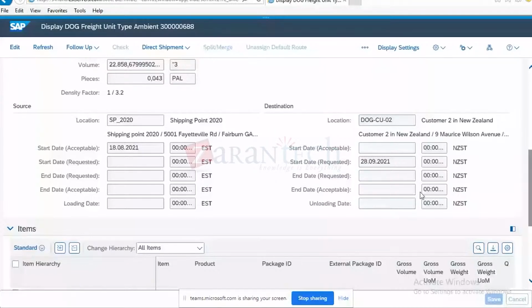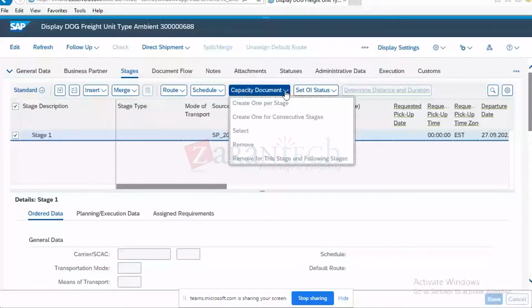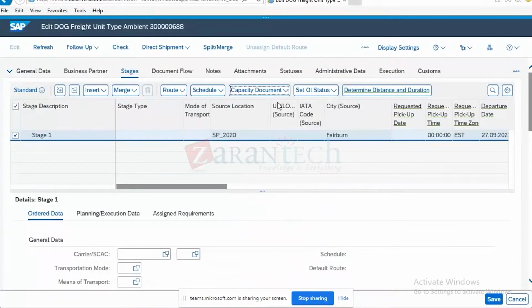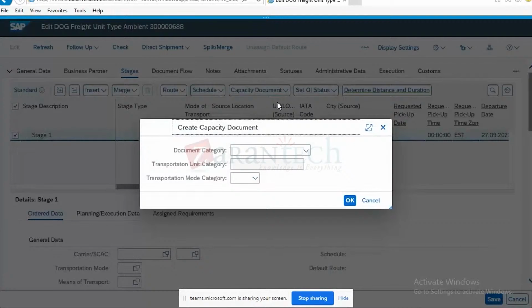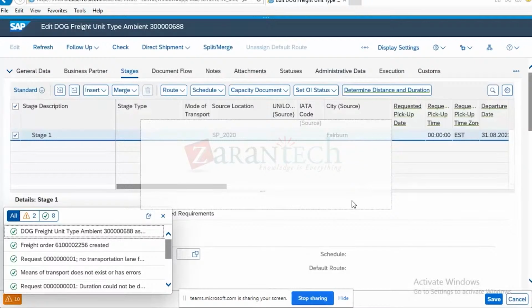Planning means I need to create a shipment document. I can create a shipment document manually also from the freight unit. I click on this edit button. I click on this capacity document. I click on create one per stage. Because it is moving from a shipping point to customer location, suppose I want to create one freight order because I don't want to go for multiple stages. Now I click on OK. And when I click on this save button,